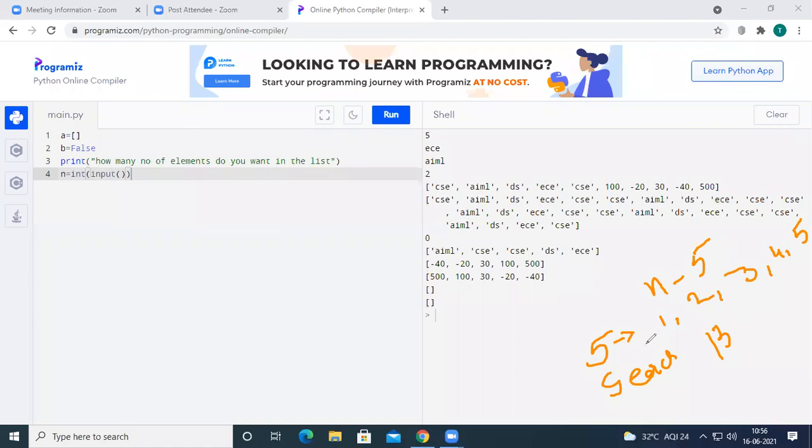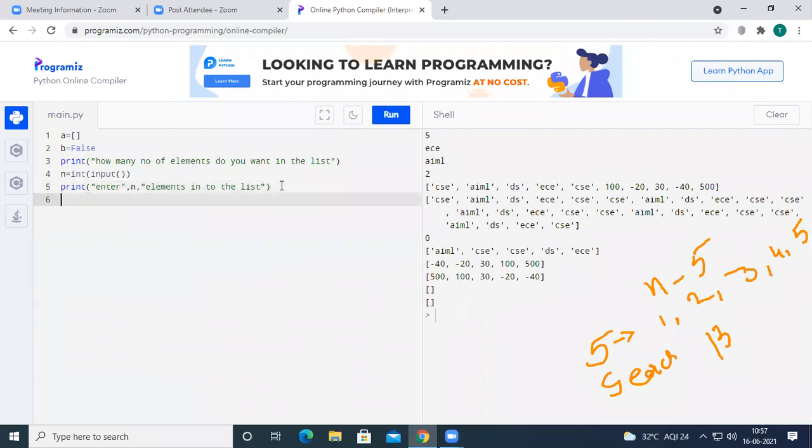So I just want to search for an element in the given list. For this I have taken the n value as an input. Now I will ask the user to enter n elements into the list.